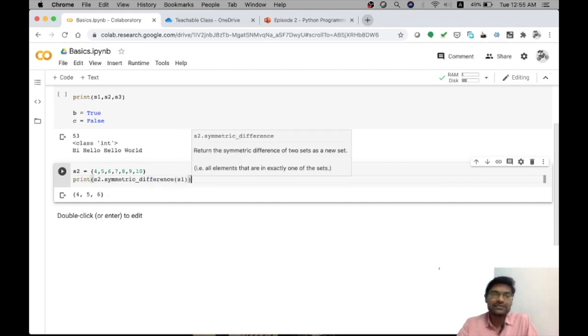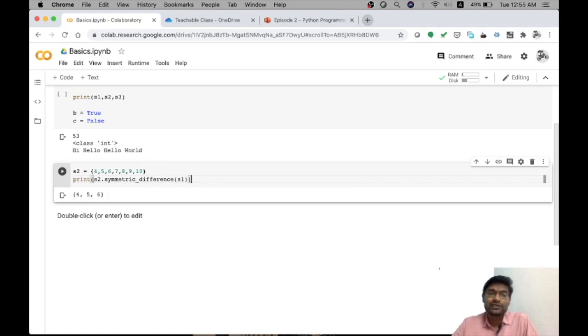In symmetric difference, other than the intersected values, it will take all the remaining values together. The intersected values are 4, 5, 6 in this case. So the remaining values will be 1, 2, 3 from S1 and 7, 8, 9, 10 from S2.